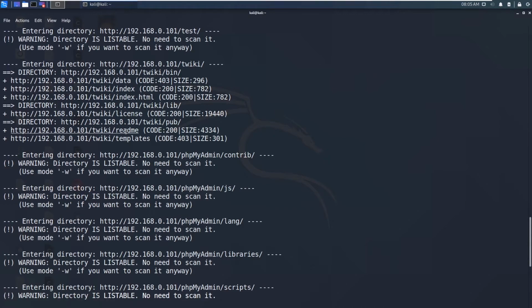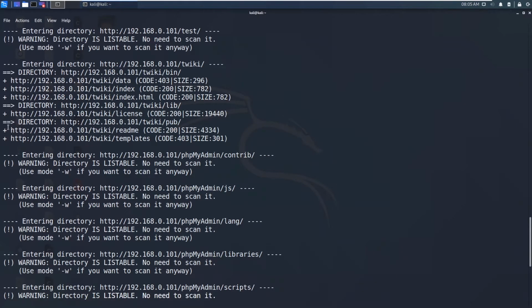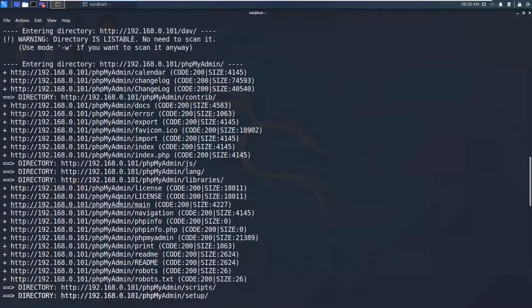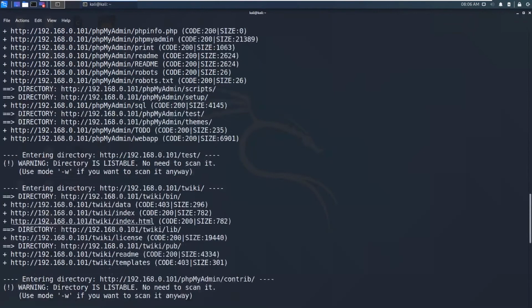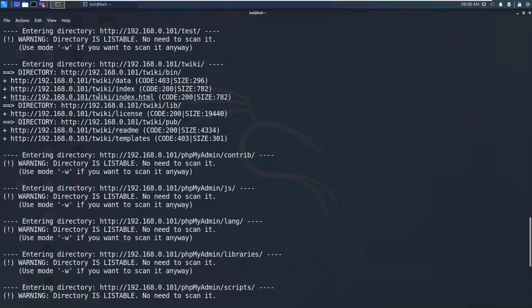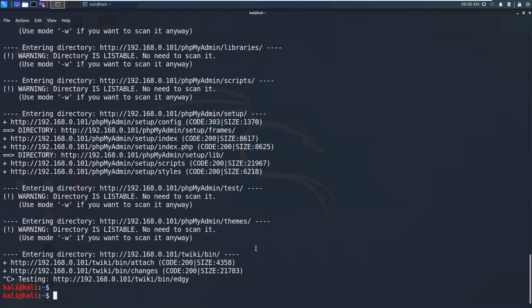You can also grep this output using grep, and also redirect it using the arrow symbol. As you can see, it has got all the phpMyAdmin folder files. I think it also has robots.txt. Yes, it also has robots.txt, and you can navigate through the web browser to see the contents of these files and directories. So that's pretty much all about DirBuster and dirb.